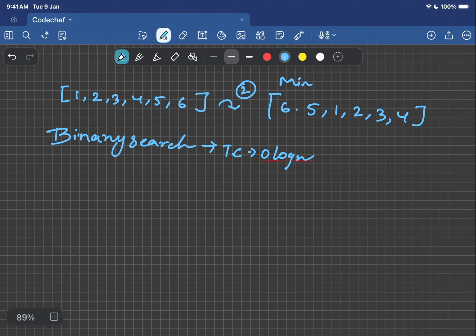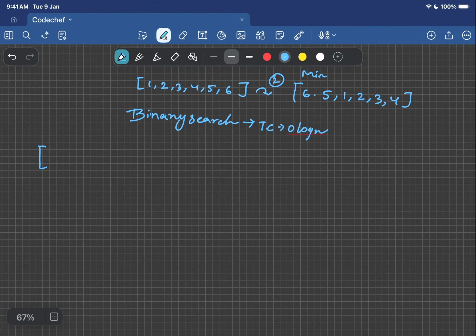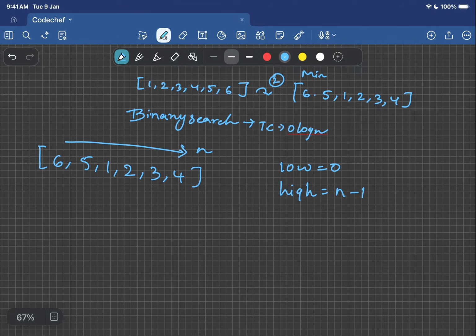So to solve this question, we are having an array 6, 5, 1, 2, 3 and 4. By using binary search we need to solve this question. In binary search we know that we need to handle low and high, and we need to return the mid value. So for that, you can take the low as 0 and high as n minus 1, that is the length of array minus 1,